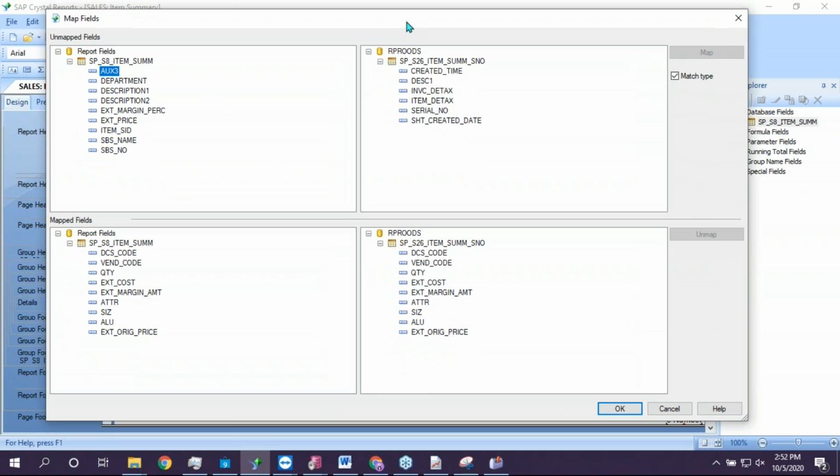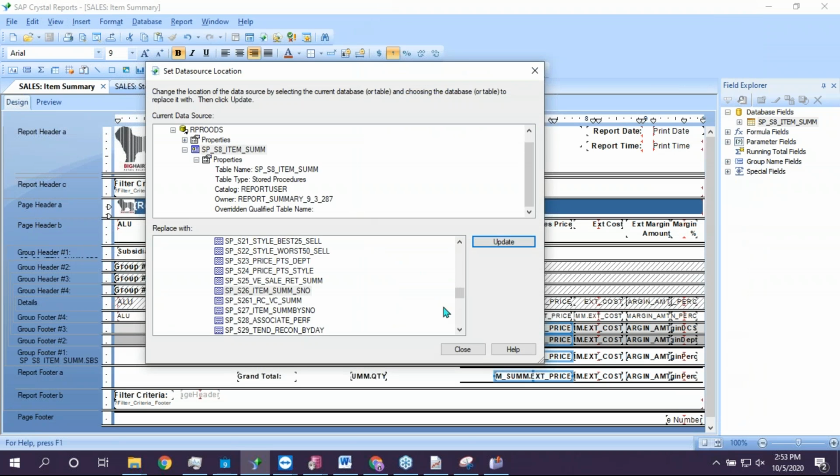And there we go. So this is what I was talking about. There are a few items that exist in my report, but that don't exist in the new package I'm trying to point it to. And so I have to decide, is that okay? Do I have enough of what I need plus the additional items that I didn't have, or do I need to go back and maybe start over? In this case, I'm going to cancel out of here because ultimately what I needed to edit was auxiliary 3. Cancel there